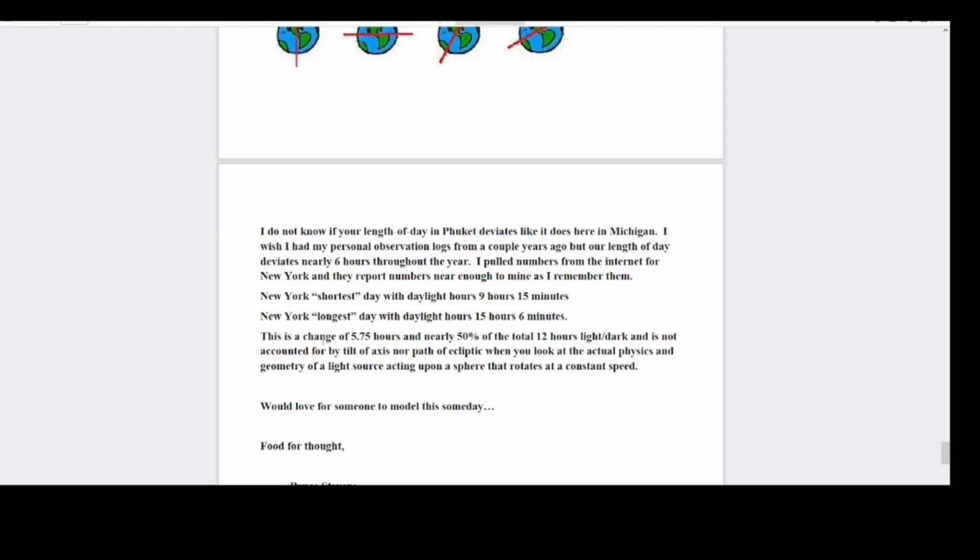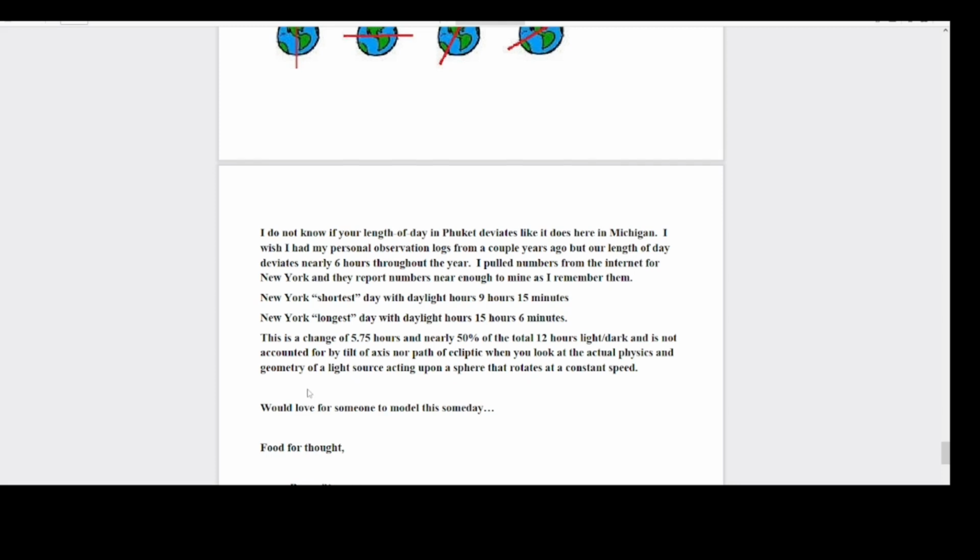So this is a change of 5.75 hours and nearly 50% of the total 12 hours light-dark, and is not accounted for by tilt of axis, nor path of ecliptic when you look at the actual physics and geometry of a light source acting upon a sphere that rotates at a constant speed. And would love for someone to model this someday. Food for thought." Yeah, it's excellent food for thought,